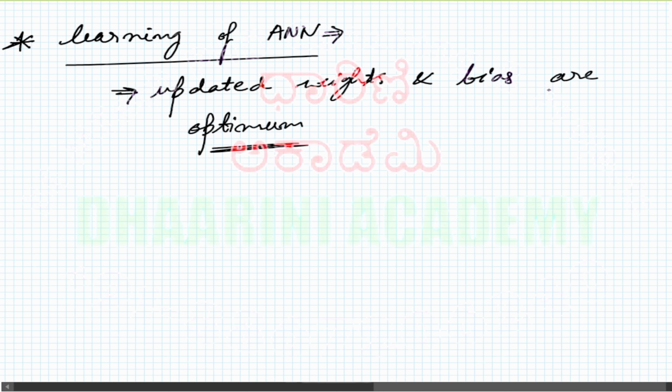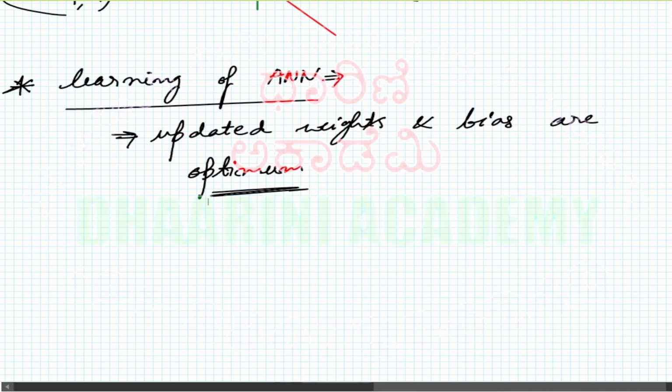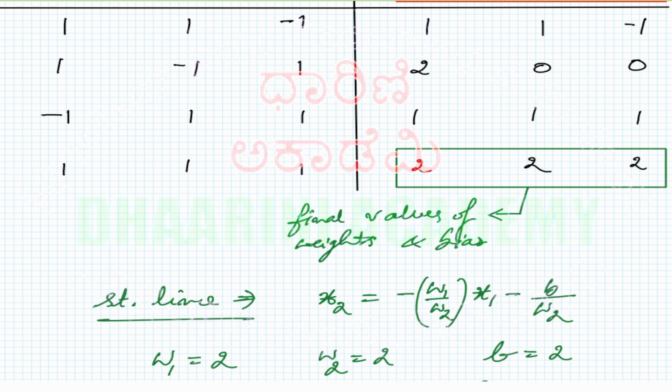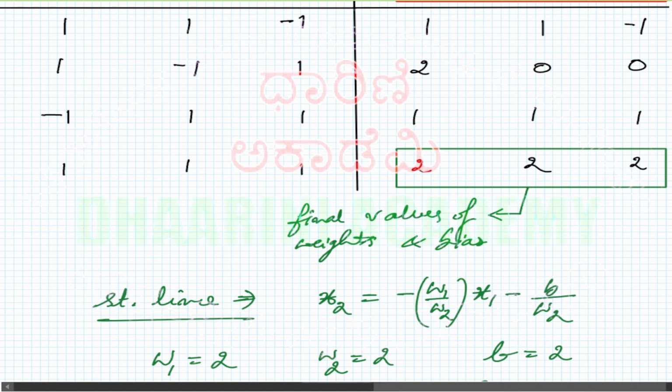If it is not optimum, I'll go back to the same example we considered. Let us assume that at the end of this learning, the machine has learned something, say 2, 3 and 1. Are they optimum? It's not optimum, right? Because for this problem what we are expecting is 2 2 2 or 1 1 1 or something like that, or 3 3 3 will even work. But if you have 3 2 1, definitely that is not going to work,